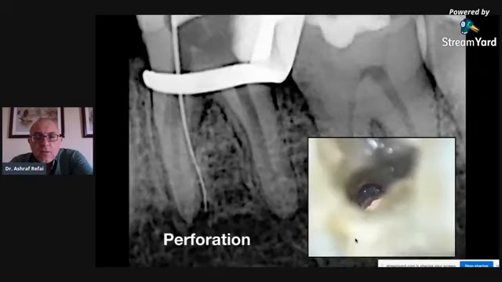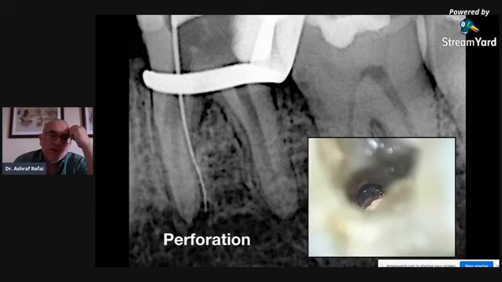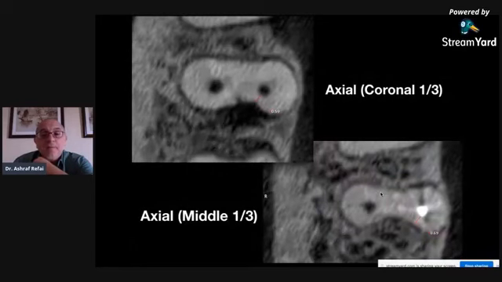But when I took a closer look, I realized that during my retrieval, I actually perforated into the furcation area, and you can see very clearly here on this picture this mouse hole appearance. You can see the perforation laterally, that's inside the canal, and that's corresponding to the X-ray that you see and the position of the perforation that you see in the X-ray. But generally, I knew that there was a risk for this. I didn't show you that, but I knew that there was a risk for this. That's why I always take my CBCT scans.